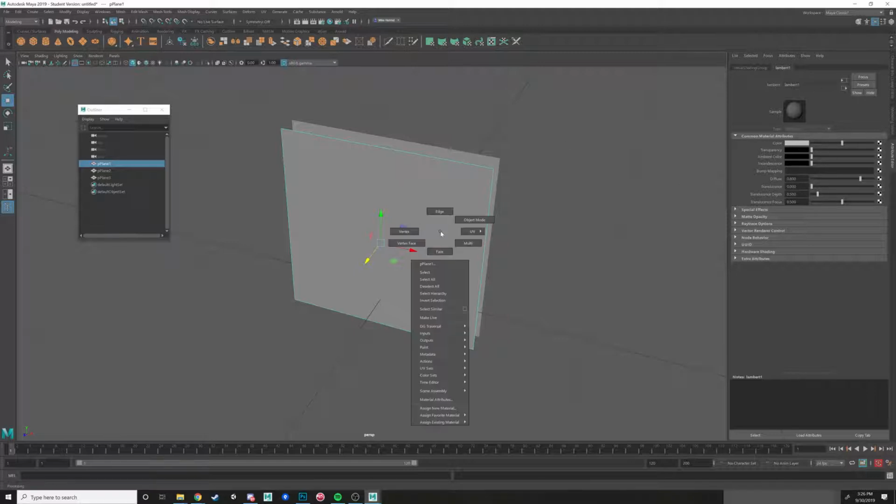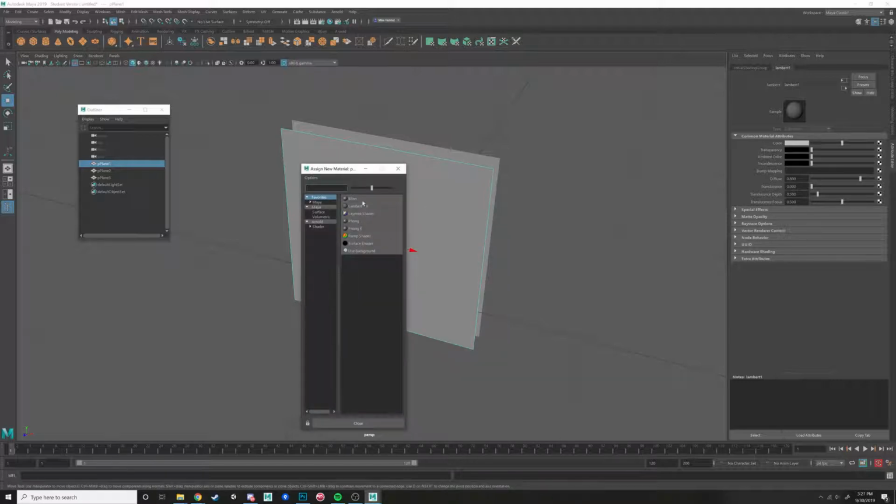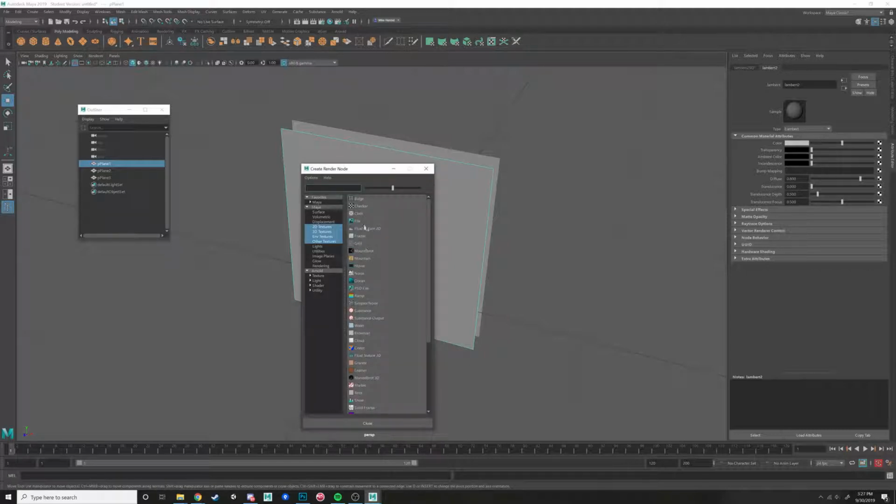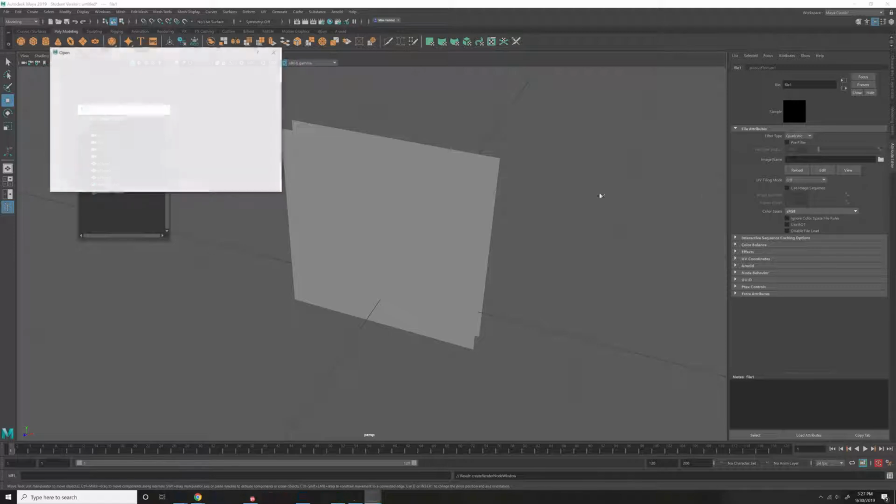you've seen this panel before. We've all applied the materials. So we need to assign a new material. I'm going to go with Lambert because I don't want any sort of shine on this. And I'm going to go to File, Image Name,